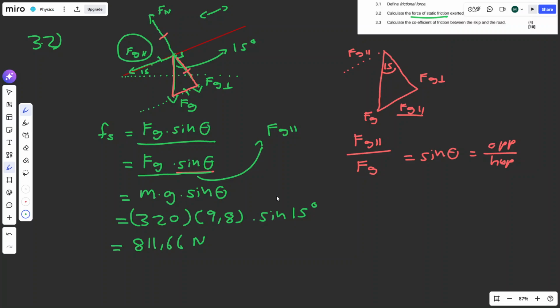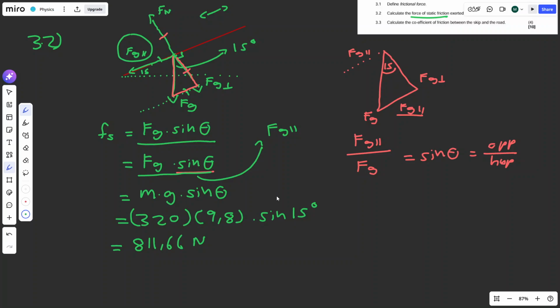Frictional force is a vector quantity, which means when you get an answer, you specify the quantity, the magnitude, which is 811.66 newtons, and you also specify the direction. So is this force being applied up the slope or down the slope? If we go back to our free body diagram here,